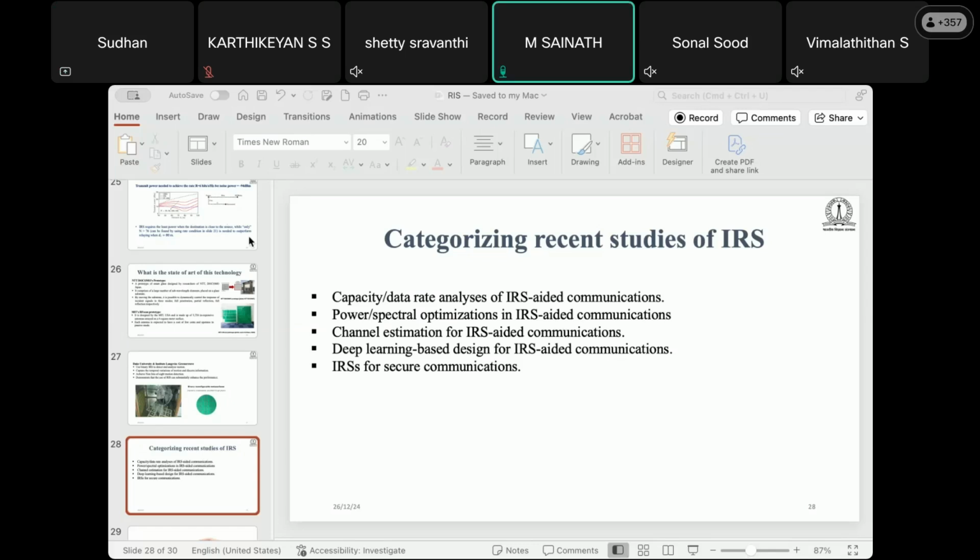Yeah. How can we mitigate mutual coupling between meta-atoms in RIS? Mutual coupling between meta-atoms in RIS. Yeah, I'm not from this area. Maybe I'm not from the antenna design side. Okay, sir. I think this is a question related to antenna design. Yes, sir. I'm moving to the next question. What are the potential security concerns with IRS?